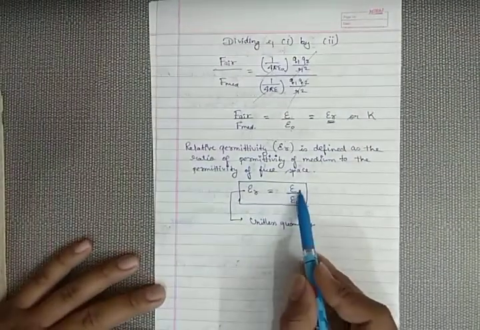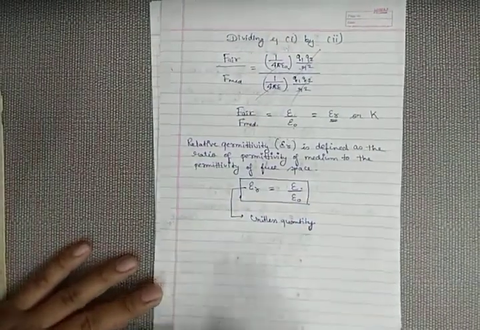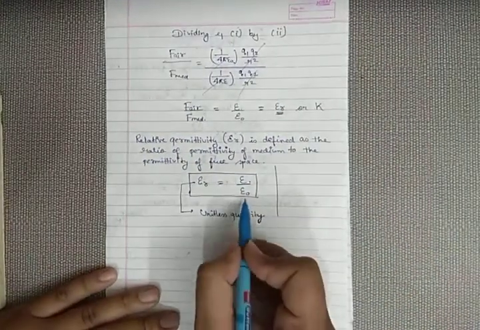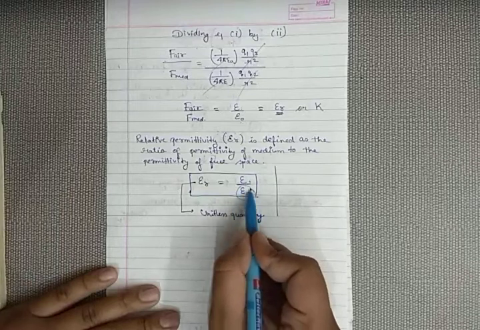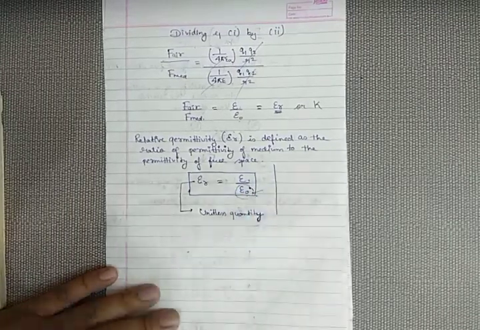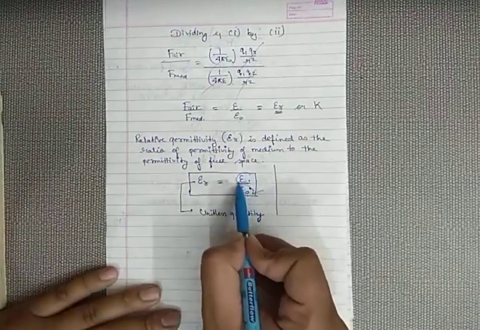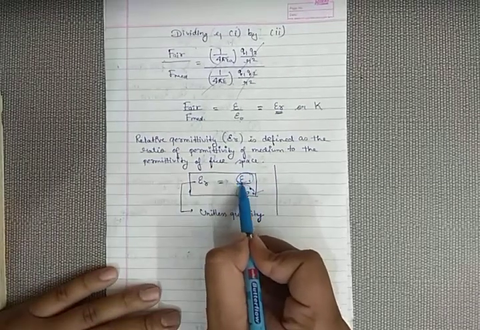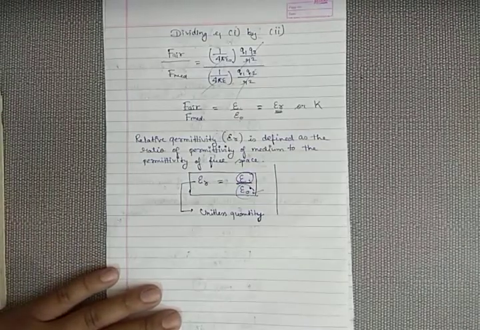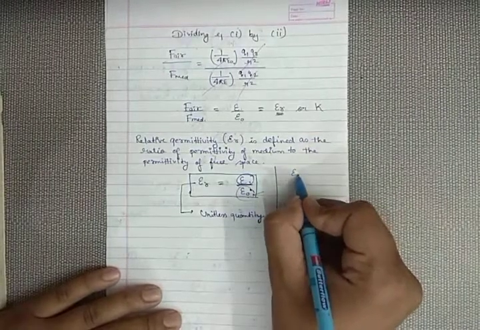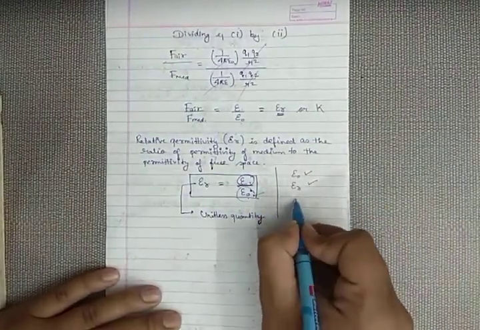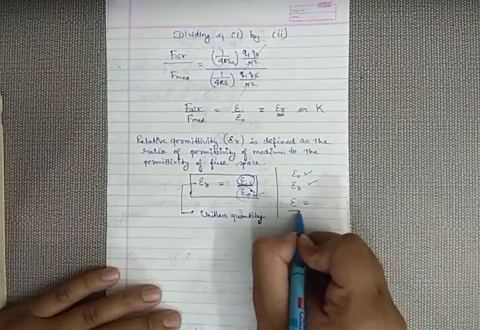It is defined as permittivity of medium to the permittivity of free space. Now the most important thing you have to keep in mind is the value of this epsilon naught, which we already memorized, 8.85 times 10 to the power minus 12. You have to learn this value, but the permittivity of every medium can never be learned because there are millions of media and we cannot memorize all their permittivity. So in general questions, epsilon naught is already known and epsilon r is given, and we need the value of epsilon. This value is required.